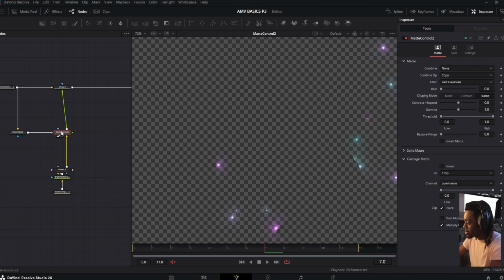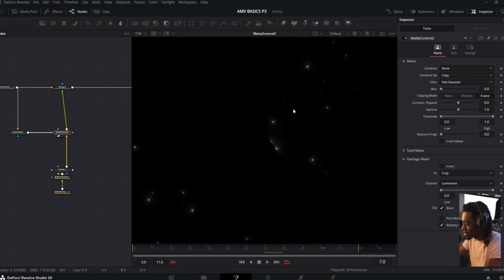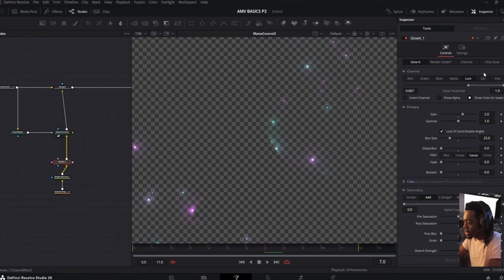If I zoom in right here, you can see the faint outline of the hand. So right here, for example, if I go onto Glow It, turn this threshold all the way down, and then play with the gain. I've got to mess with the threshold first so it targets the brightness values of the particles. But now, see, as this threshold comes down, there's more glow. So I'm going to bring it all the way down, and I'm going to find a glow that